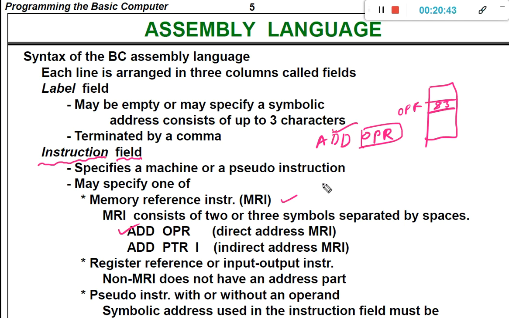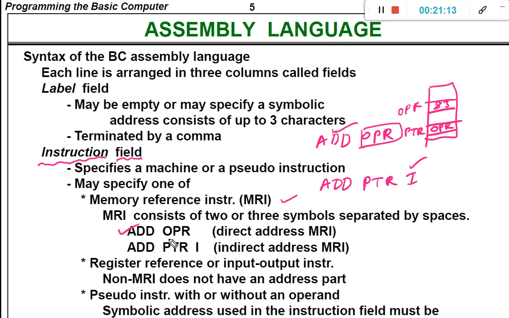The syntax is ADD PTR I, where I represents the indirect address. Sometimes we may use the indirect address. What does it mean? In the PTR location, you will have the actual operand address. We have discussed how the indirect address works previously also.